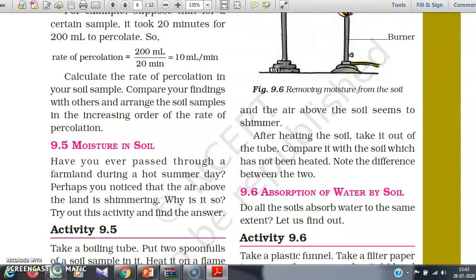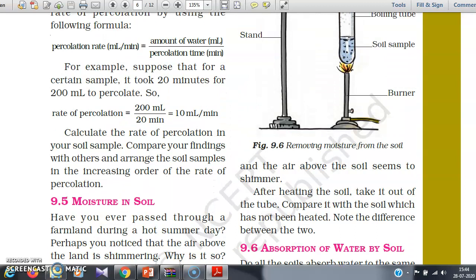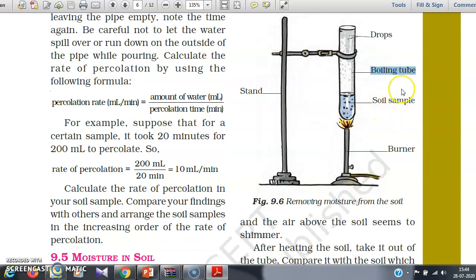Moisture in soil. Have you ever passed through a farmland during a hot summer day? Perhaps you noticed that the air above the land is shimmering. Why is it so? Try out this activity and find the answer. What we are doing in this activity? We have taken a boiling tube and fixed it on a stand. We have taken some soil sample